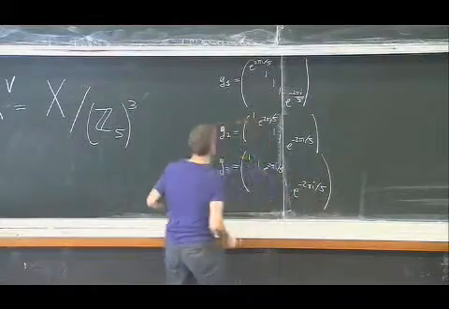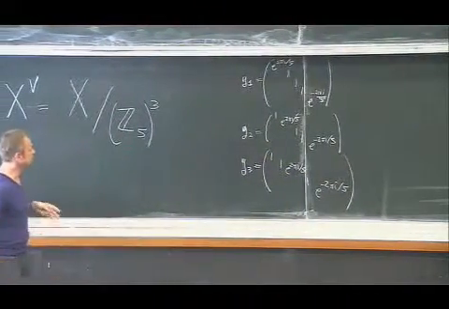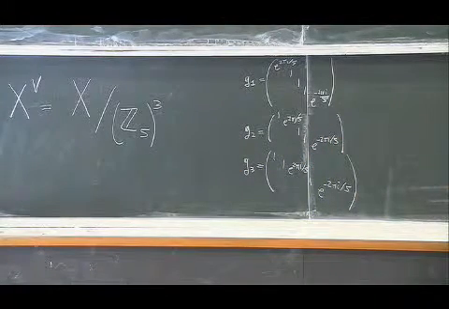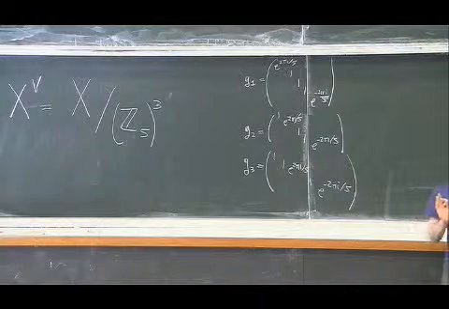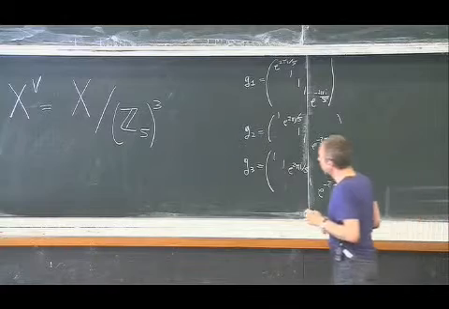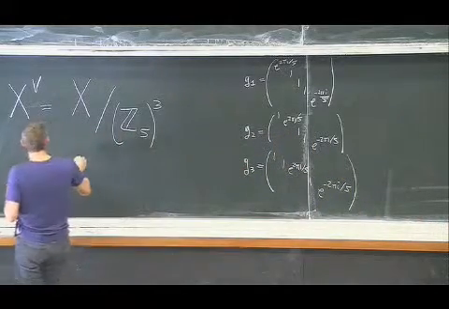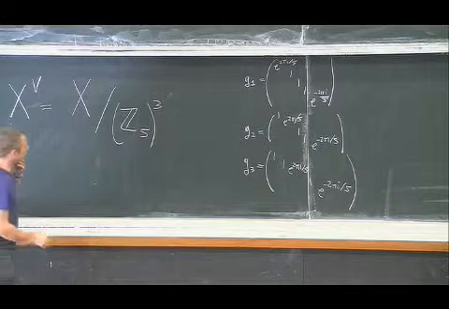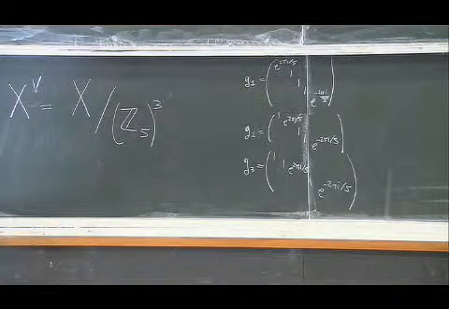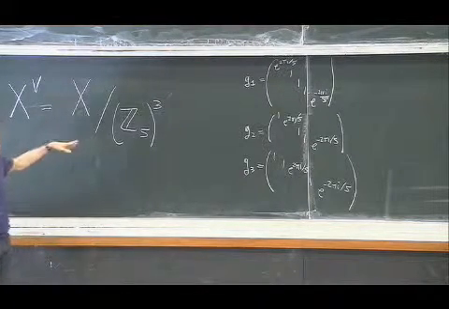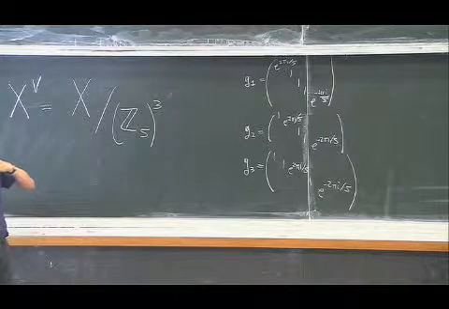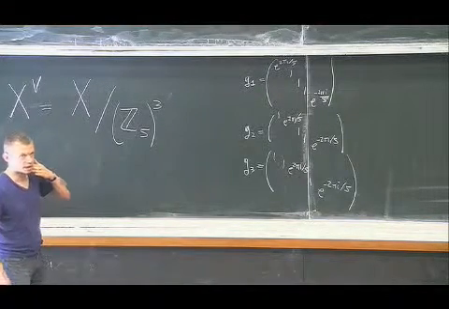And, well, you may wonder why I have chosen these 3 matrices and not other natural choices, but you know. Now, one thing you should notice first is that these matrices have determinant 1. And one thing you may be worried about is in what sense I should understand this quotient. So usually, if you mod out a smooth variety by a finite group, then you get a singular variety. But since the talk of Dimitri, you should not worry about those kinds of things.